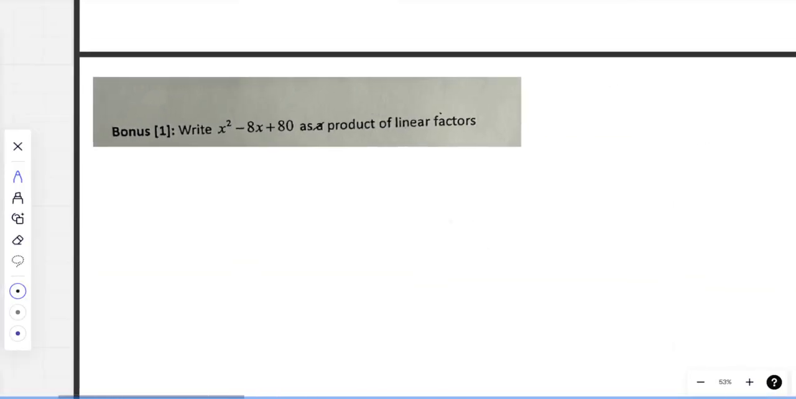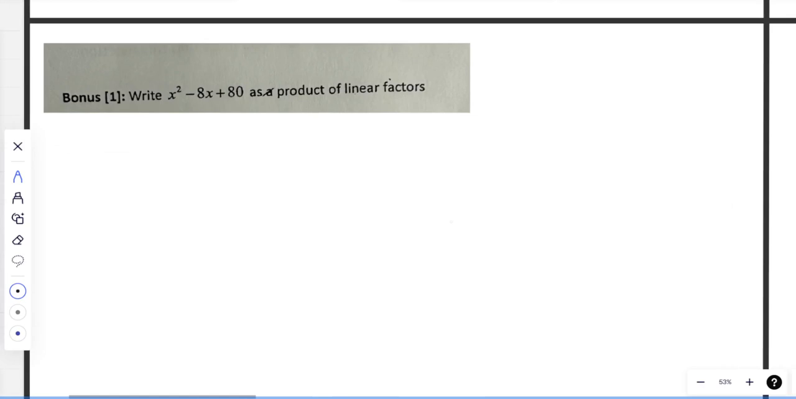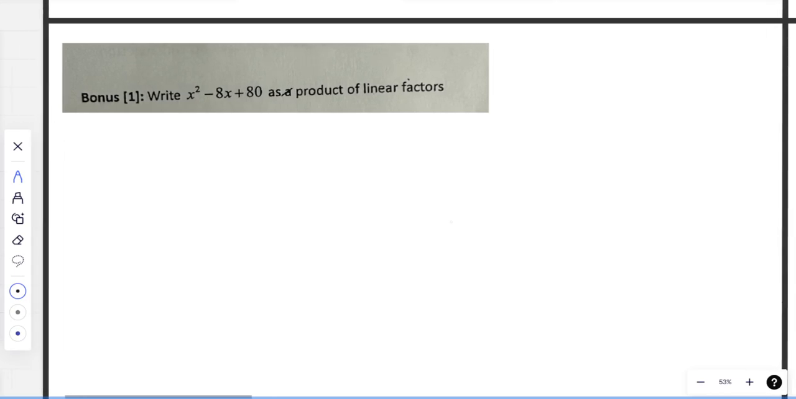Bonus problem. Who submitted? Who's making me do their homework? All right. x squared minus 8x plus 80 as a product of linear factors. Yeah, that's a fancy way of saying factor this. Factoring is going to be something that, well, the leading terms are going to be x, and something that multiplies up to 80 and adds up to negative 8, which is going to be,